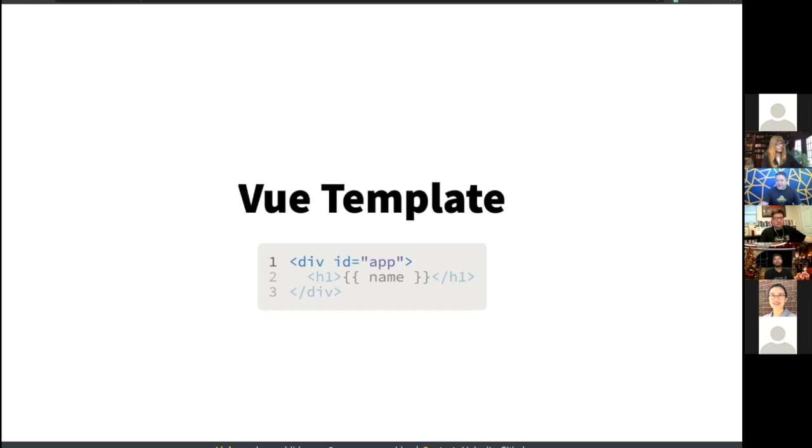So you usually give it an ID, and then inside that div, you have full access to Vue.js templates. In this case, we're using an expression, and that expression is outputting a variable. So although this looks like HTML, this is actually written in the Vue language. Vue.js is going to take over your div and replace it with the results of your application, wherever that div